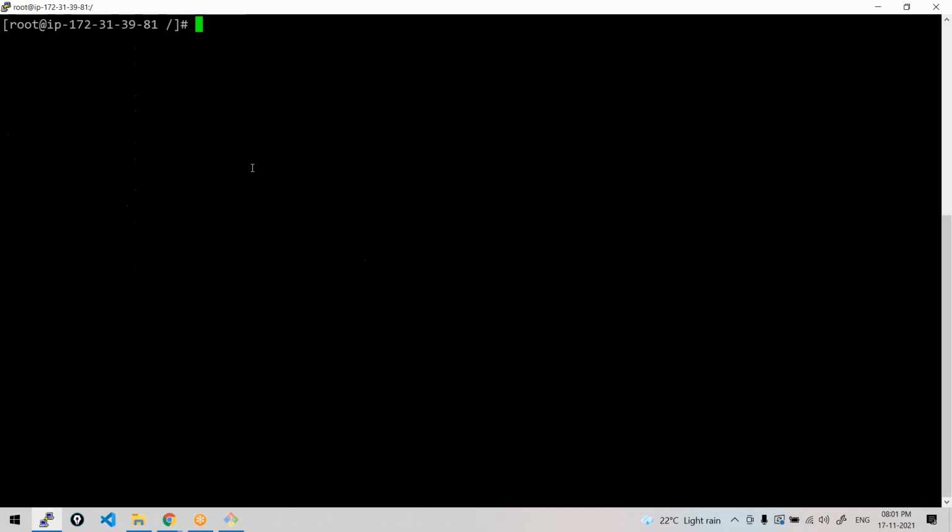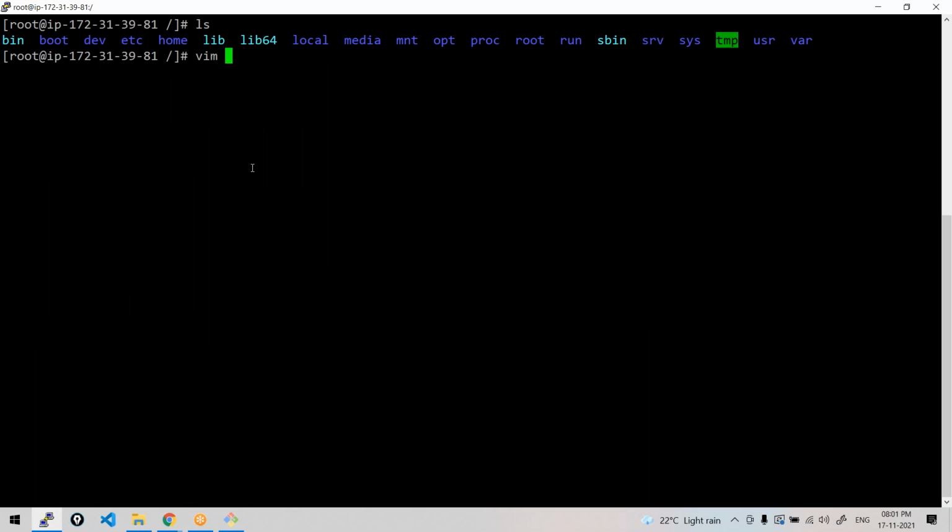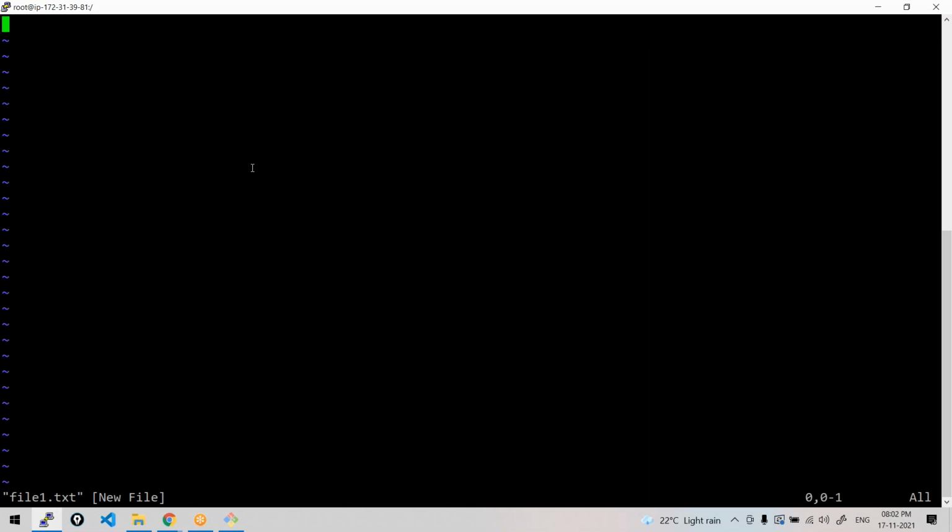Let me create a file here, vim, let's say file1.txt. See, when you do vim and the file name, the file will be opened in an editor and the file will be created. See, now it is in the command mode. Here you cannot type anything. See here at the bottom, you just see the file name.